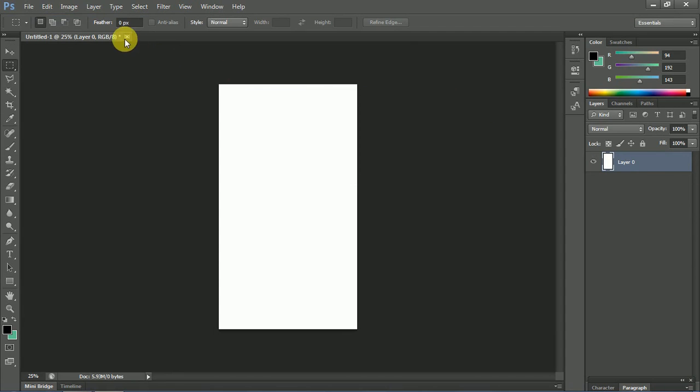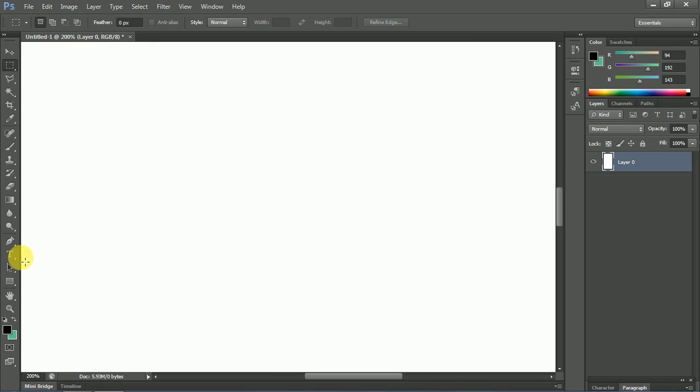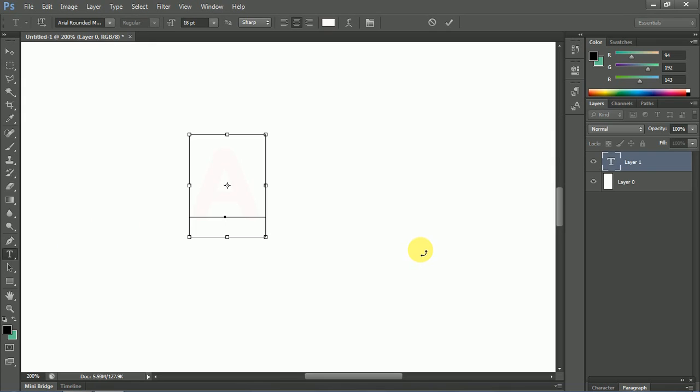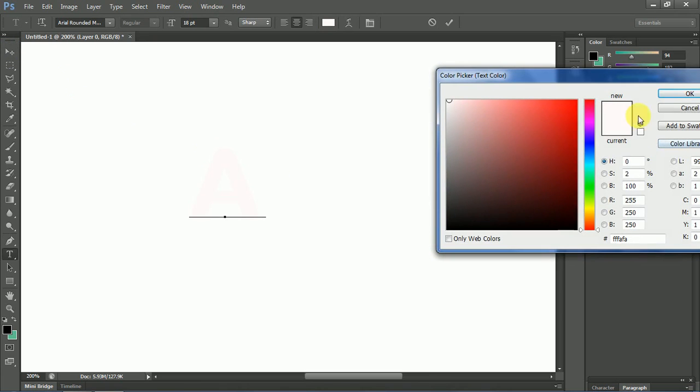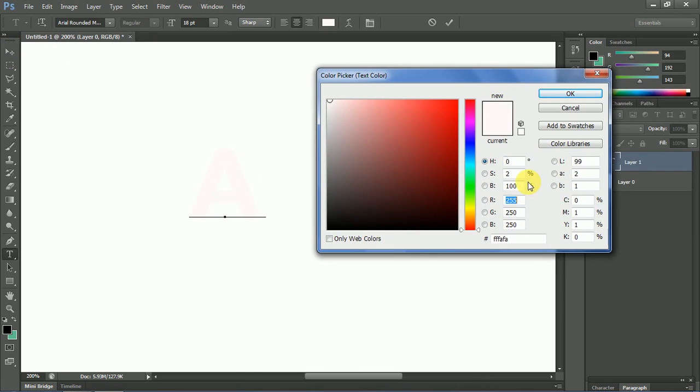suppose we are having this, and now I will just try to give you an idea of color. Suppose here it's written A and we are unable to see the color. I've just selected it, and here I'm going to show you the RGB mode. What is the meaning of RGB mode? See, here you can see RGB. Here we are having the colors RGB,